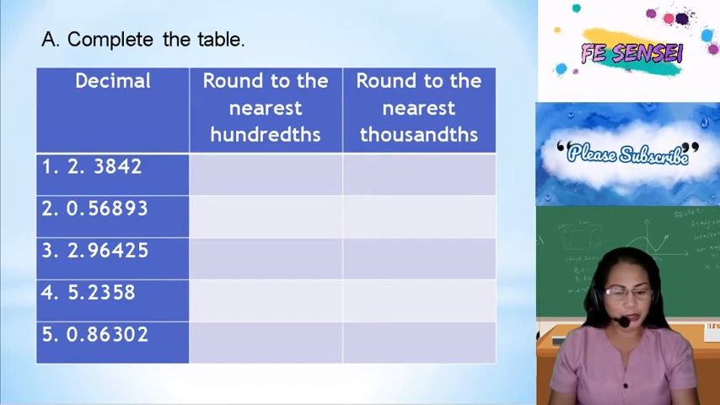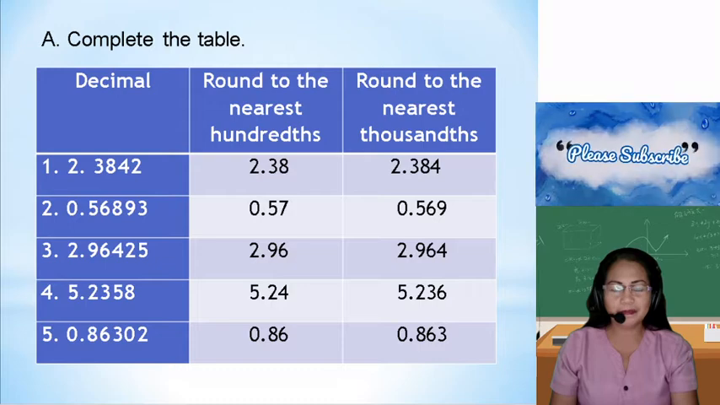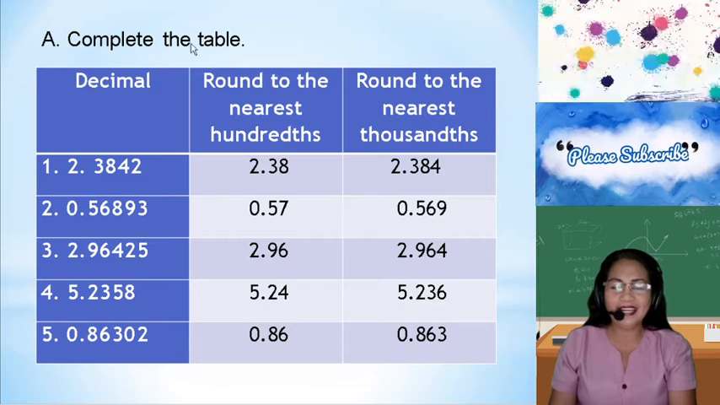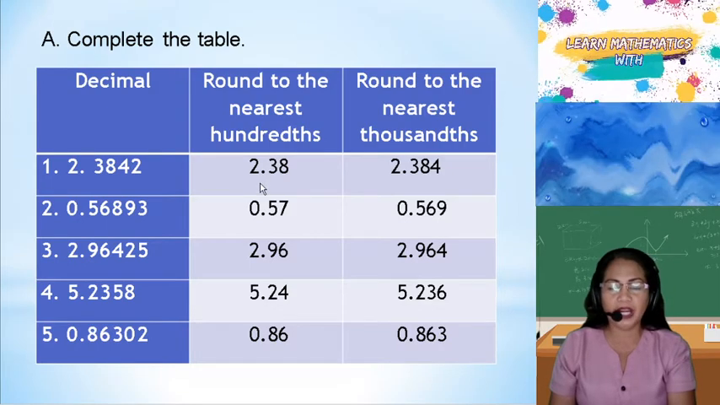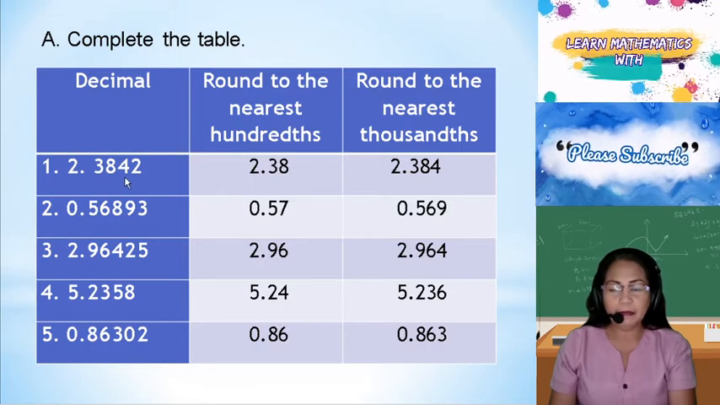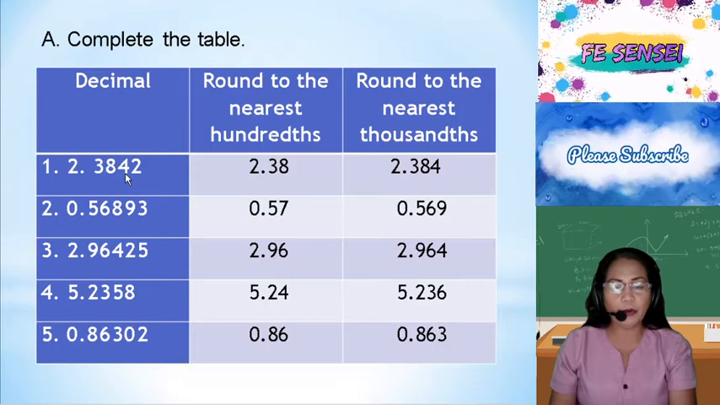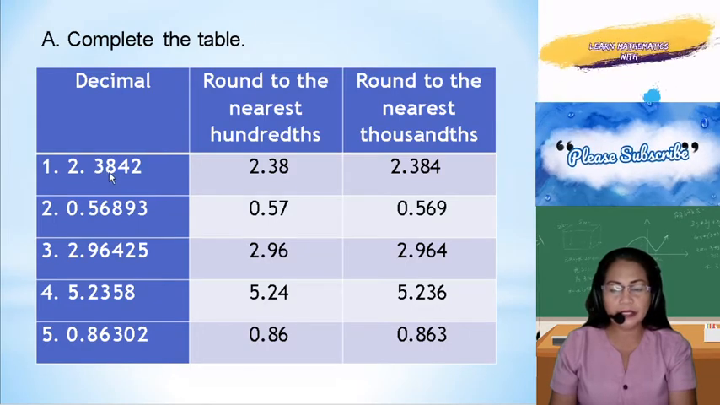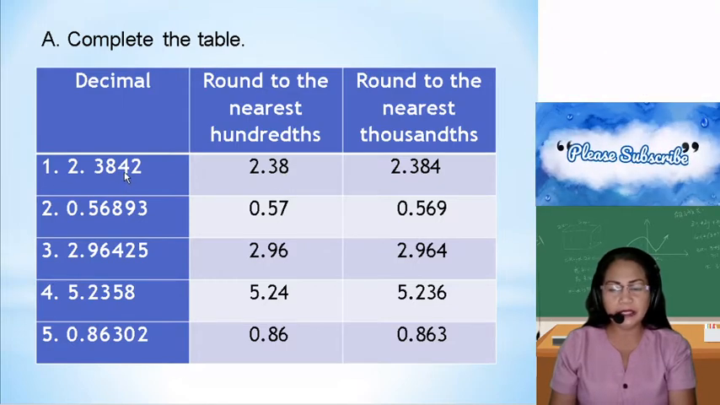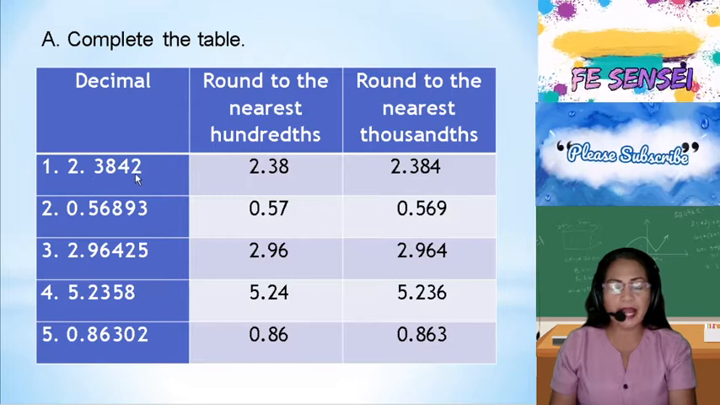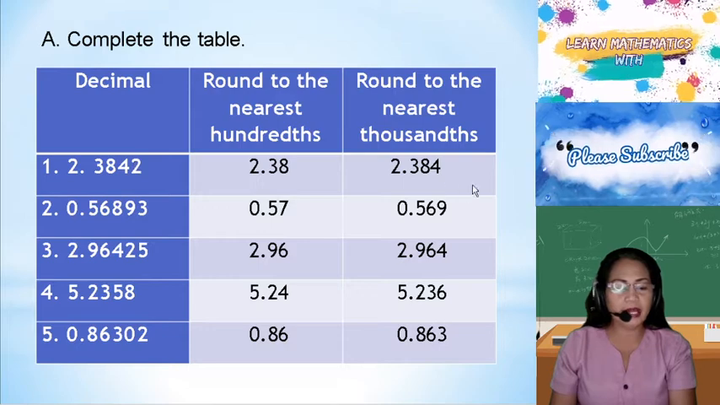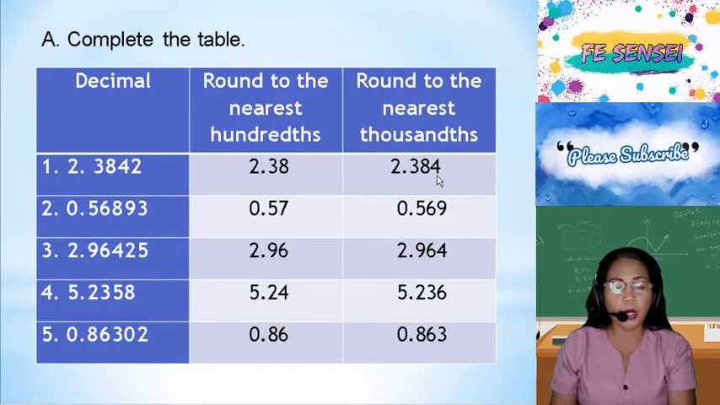Okay, let's check your answers. Are your answers correct? Okay, let's check our answer. So, hundredths place, it's 8. The number to the right is 4, therefore round down. So, it's 38 hundredths. Thousandths, the number in the thousandths place is 4. The number to the right is 2. Again, it's round down. So the answer is 2 and 384